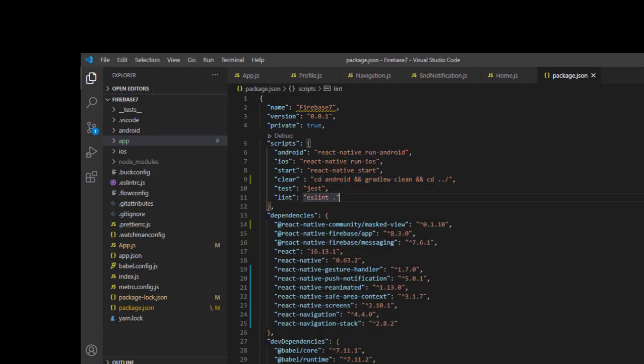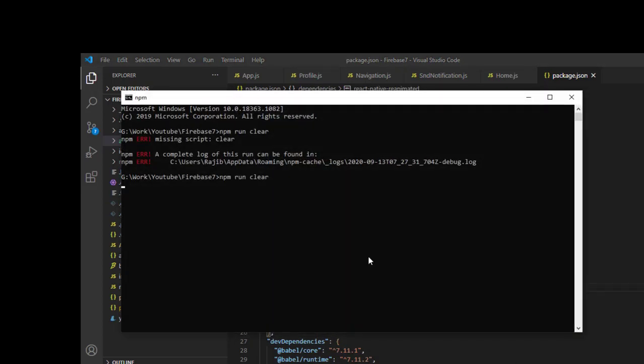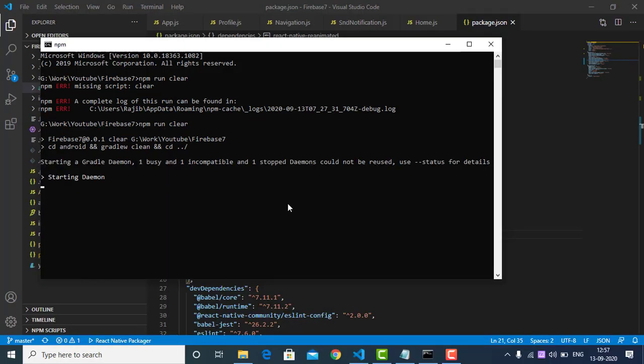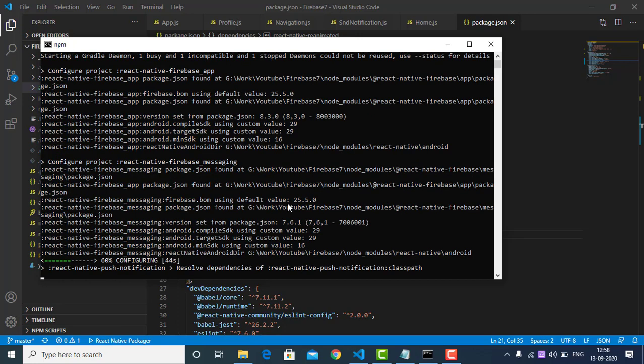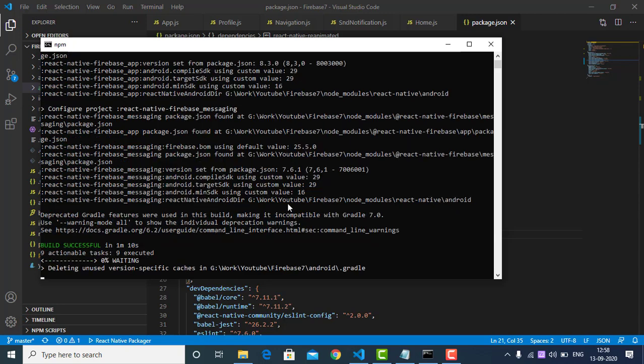Sorry, I didn't save that page. As you can see, Gradle cleaned successfully.